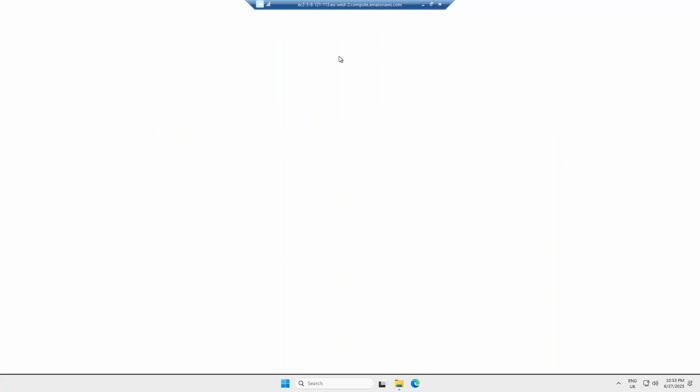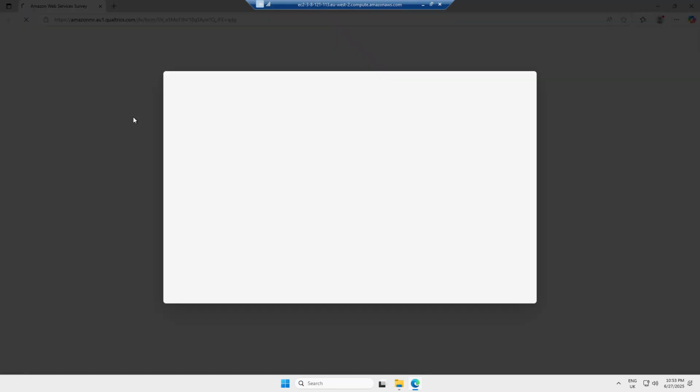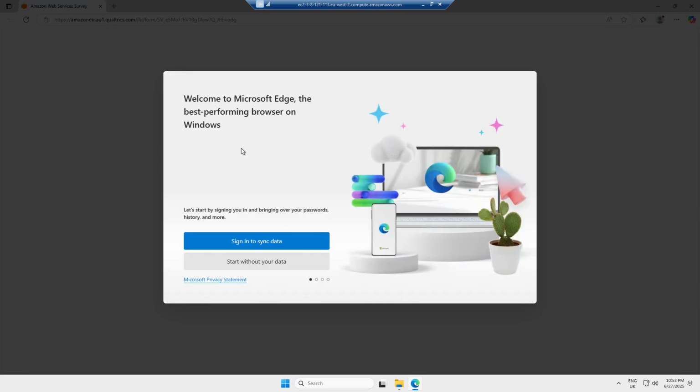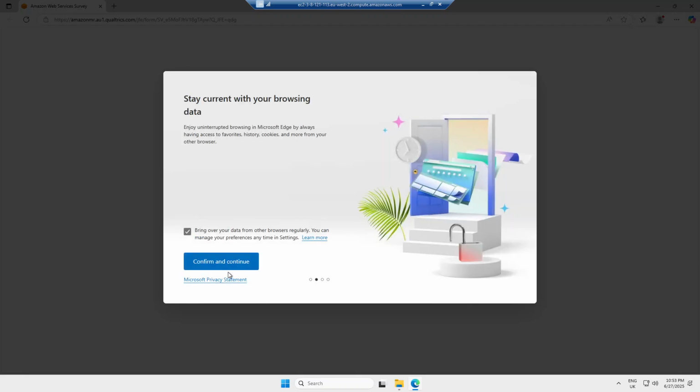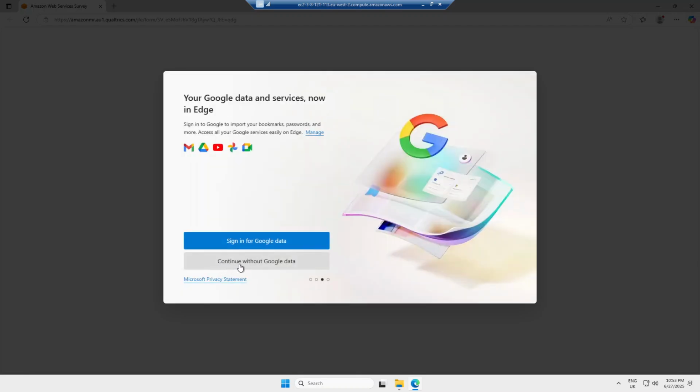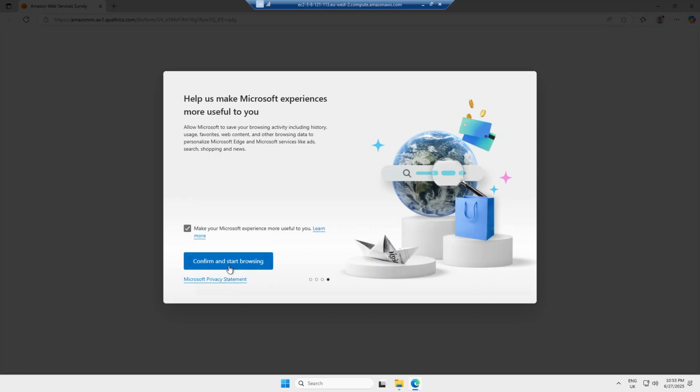So this is our Windows instance machine. You can see you can do a lot of things. I'm just trying to open up the internet browser. It's slow because the machine is starting for the first time. And of course the memory I chose was just 1 gigabyte, for cost and demonstration purposes. So you can see it will come up and I have the opportunity to set up my browser. I just start browsing without data and I can access anything. No, I don't want to sign in, continue without signing in, confirm and start browsing. So you can see I can actually start browsing